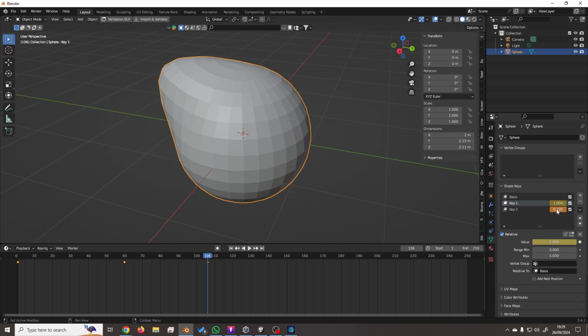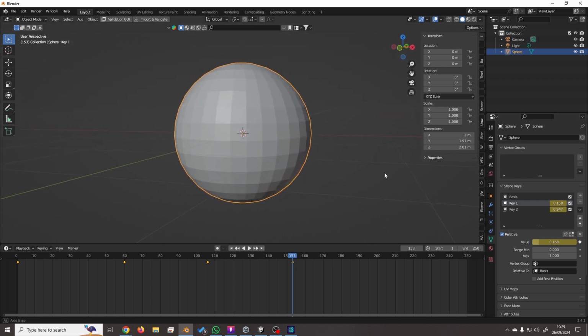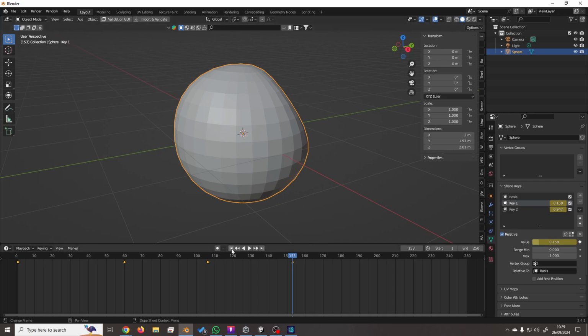And we hover over that again, and you just do whatever you like with it to alter the shape of your object. You can have loads of shape keys for this if you want. But then if we go back and play this,